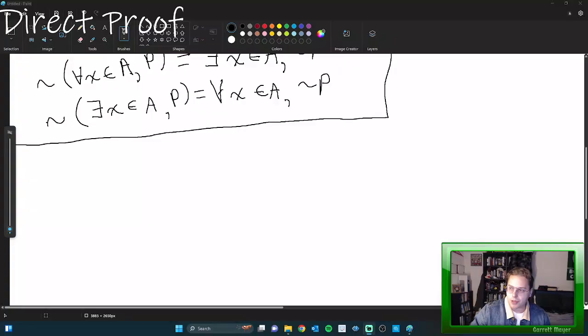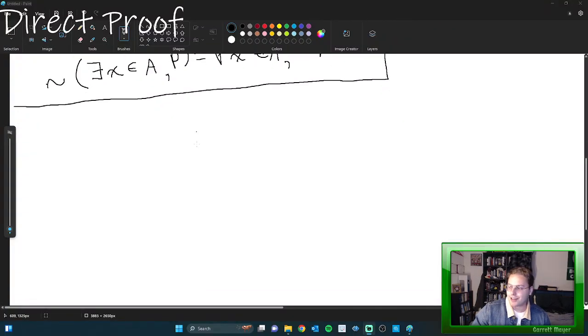Okay, so to begin with, now let's actually jump into proofs. So the first method of proof that I want to go over today is the simplest, easiest to understand proof, and it is just direct proof. And direct proof is typically used for proving conditionals, so if A, then B, or if P, then Q. So just remember from before,